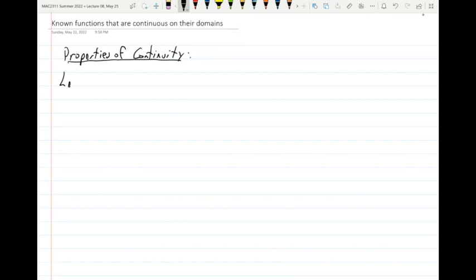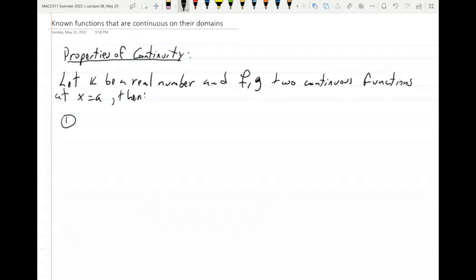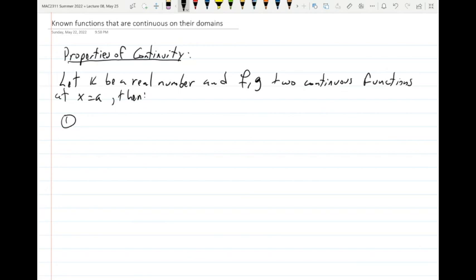So suppose that you have a real number, let k be a real number, and f and g two continuous functions at x equal a. Then the statement is that if you have two functions that are continuous at a point, if you add them, you still get continuity. If you subtract them, you still get continuity, and so on and so forth. So the first one is if you multiply a function by a constant, it doesn't affect the continuity of the function. So then k times f of x is also continuous